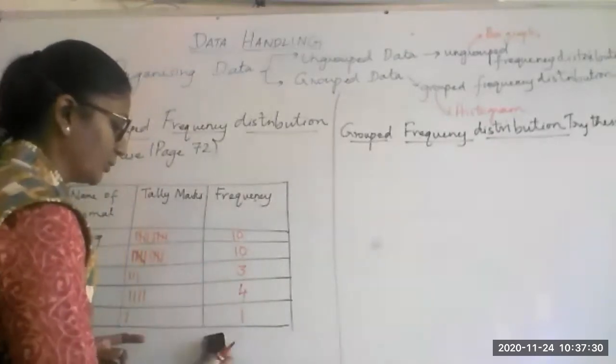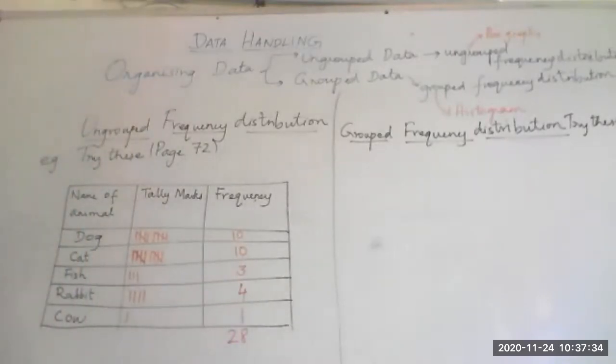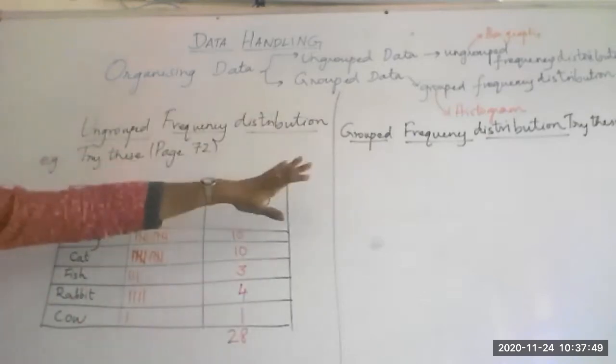Now count. Yeah, I think we are getting a 28. Ma'am, 28, ma'am. So be careful because I was turning towards the board and looking at the book. Maybe I repeated some entry. So this is what will tell you whether all the entries are taken or not. So my raw data which is given now has been converted into an ungrouped frequency distribution.